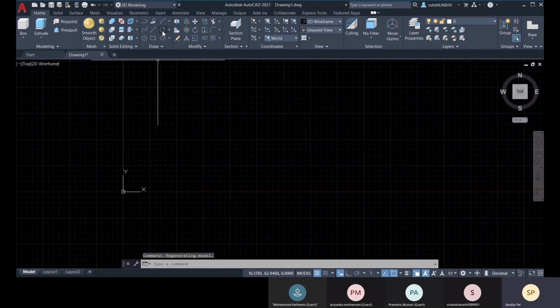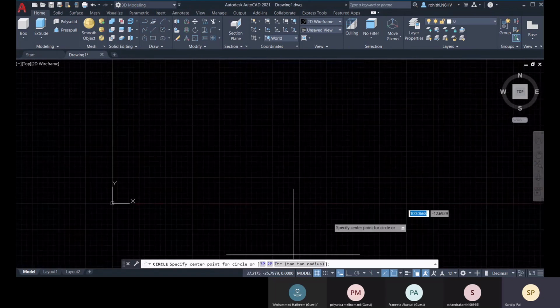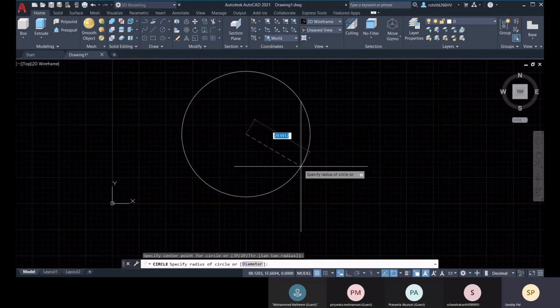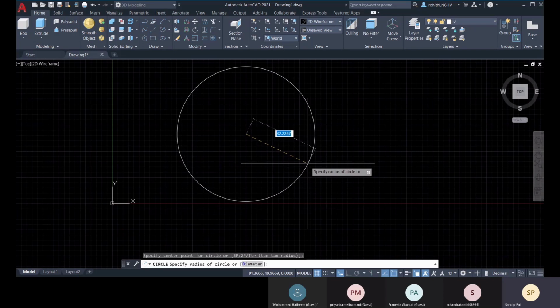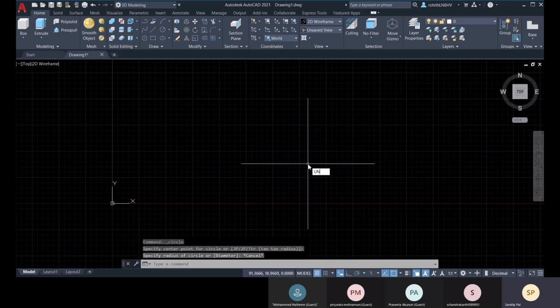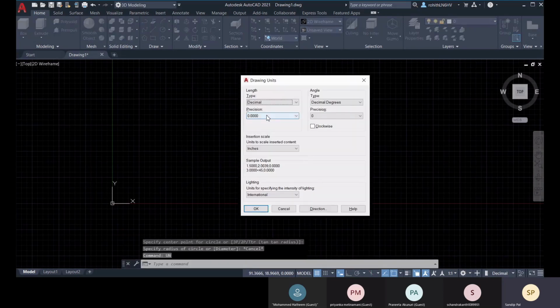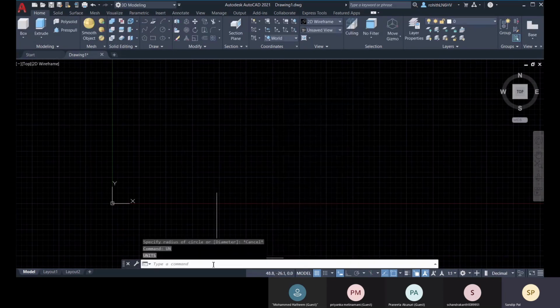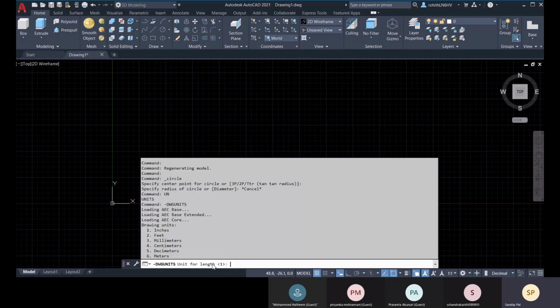So let me create a, let me first go with the units. You can go with this, or you can go with the dash UNITS command, and what will be your drawing unit.